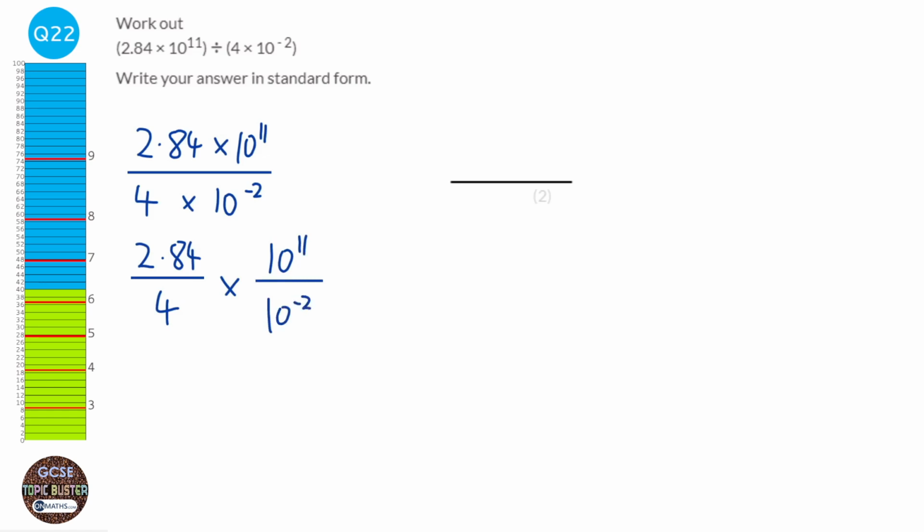Okay, so we're going to start by doing 2.84 divided by 4. So we're going to just do the bus stop method. So 4 on the outside, and we've got 2.84 on the inside. 4's into 2 don't go, so carry the 2 across. 4's into 28 go 7, and 4's into 4 go 1. So it's going to be 0.71 times, and then the rules of indices say that if you divide two powers